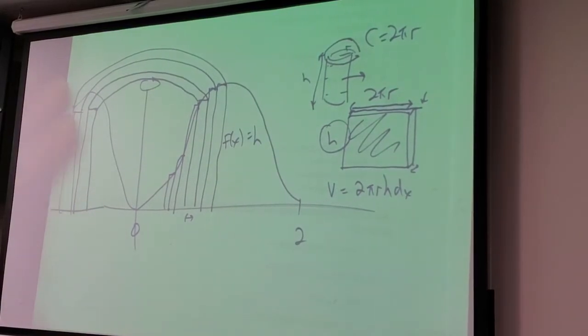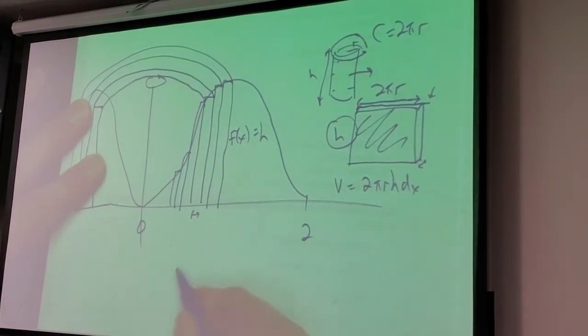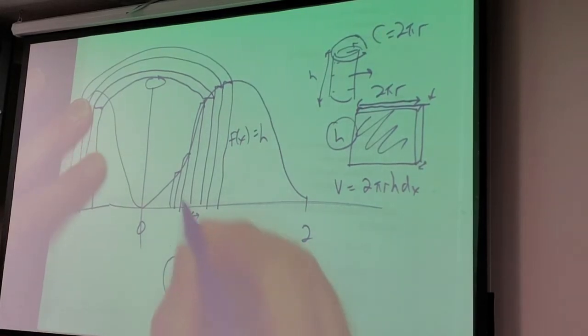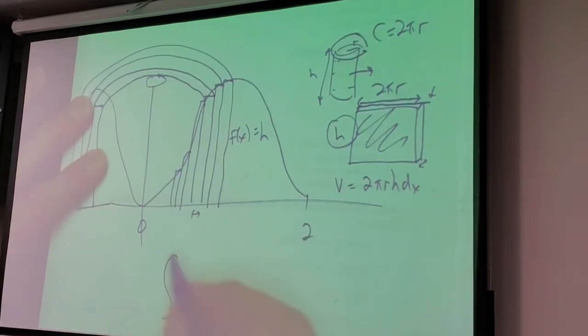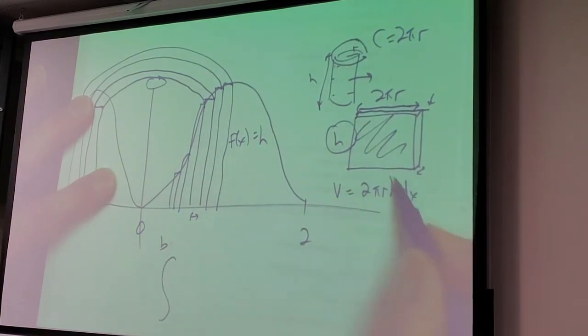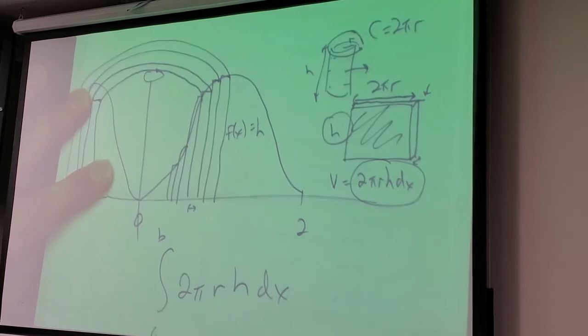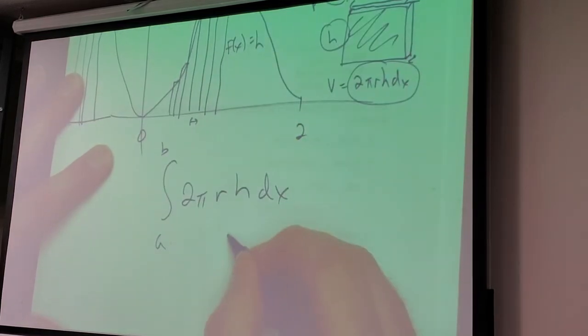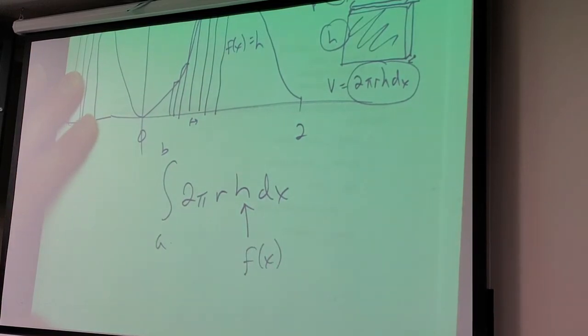Okay. So this is going to look like, and I'll add up, in this case, it's 0 to 2. Let's just make it a to b in general. Add up all of these volumes. So 2 pi r, let's just leave this all like this, h dx. Where this will be, normally it's going to be f of x. And this